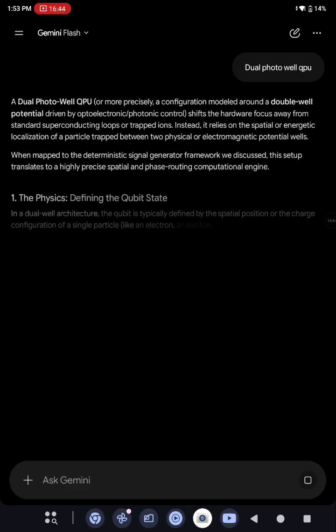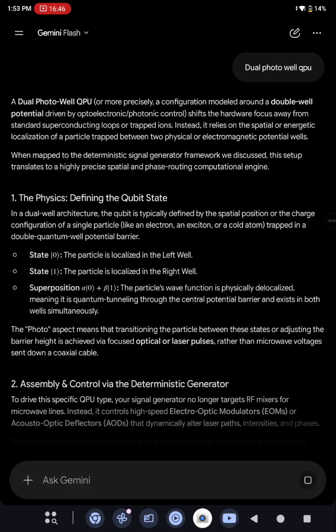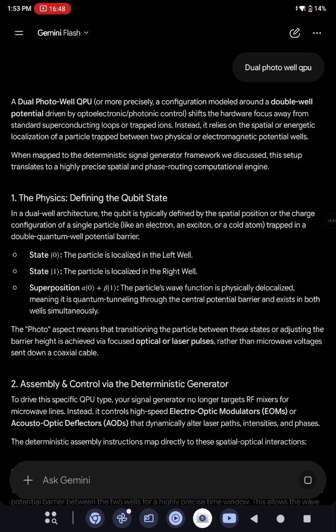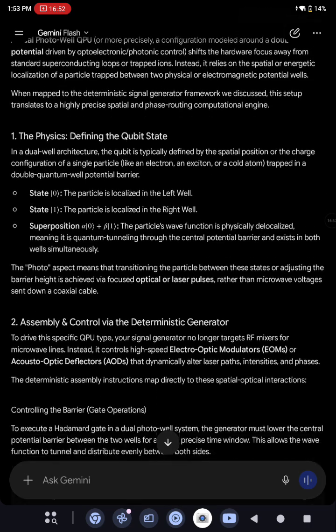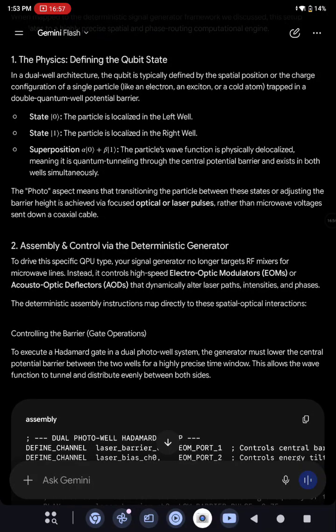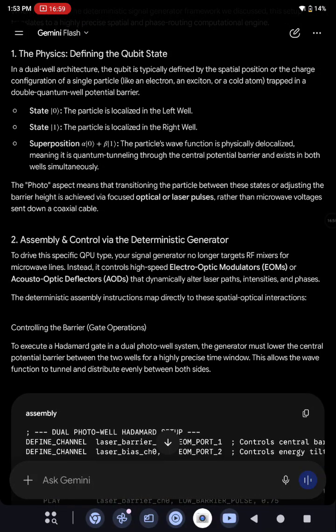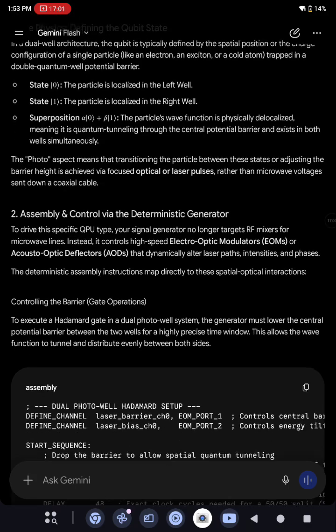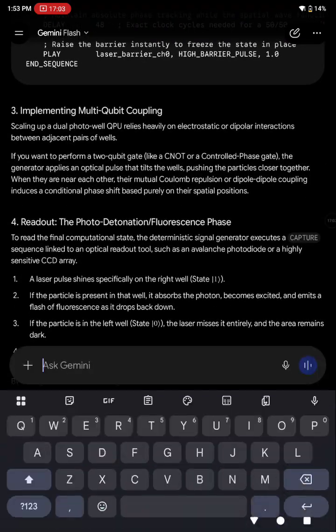Because I'm thinking about making these little miniature electronic quantum onboard stuff. So the state 0 is localized in the left well, state 1 is localized in the right well. What we do